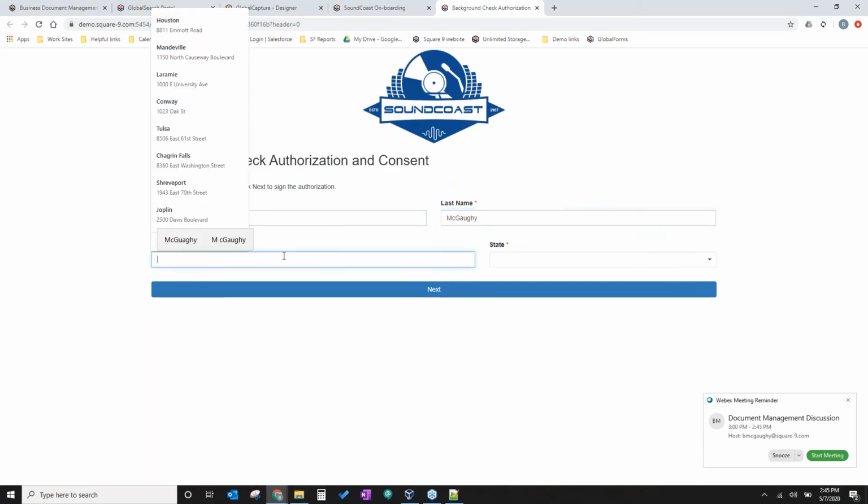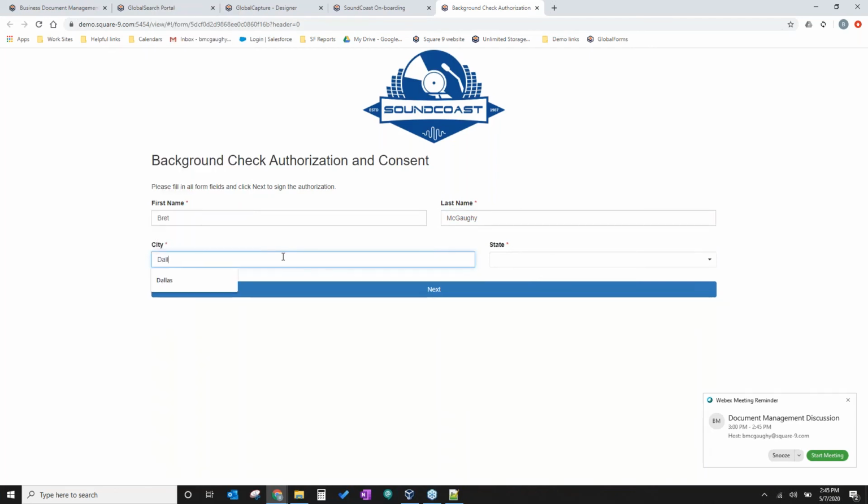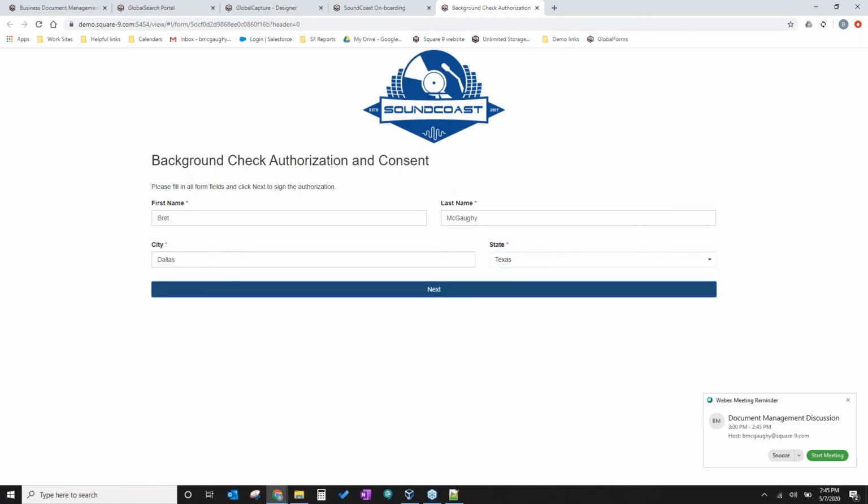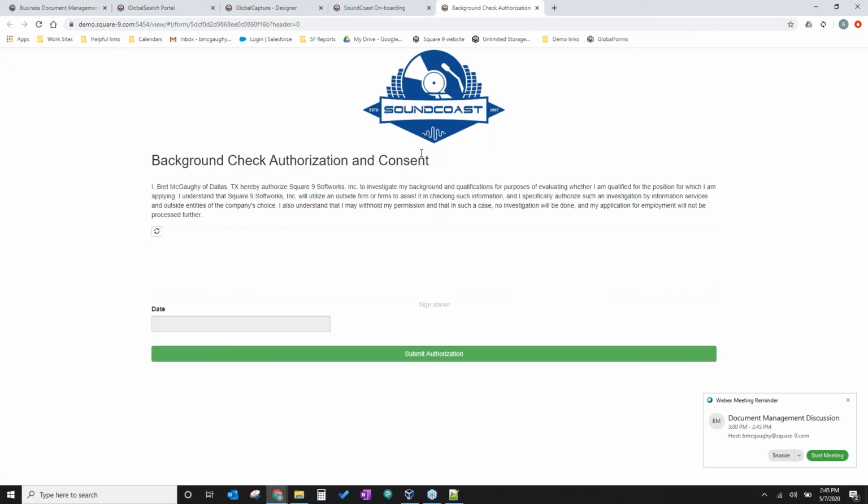Just like our required fields within Global Search, we have the same thing within here, where we can prevent people from filling out and moving on to the next step without completing the form, right? So in this case, I can move on to my background check authorization.